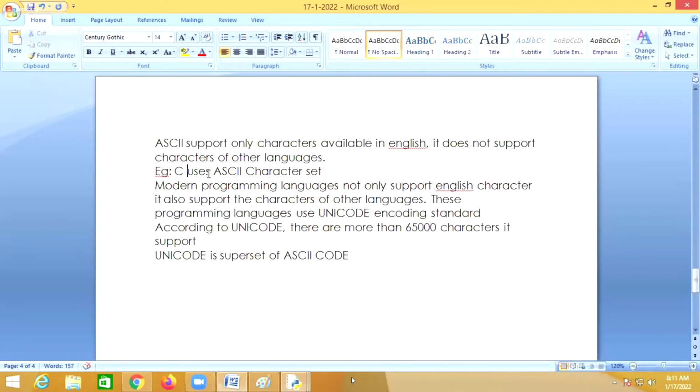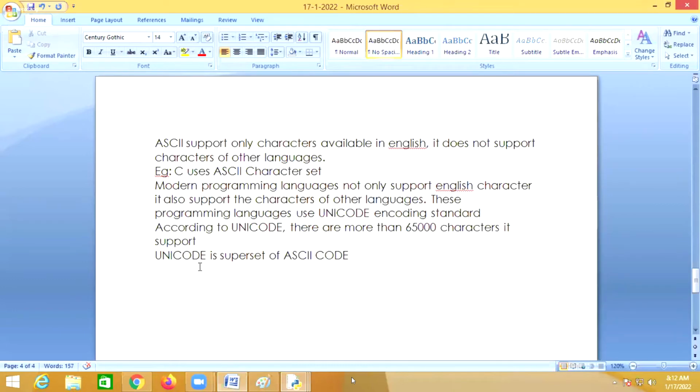For example, C uses the ASCII character set. But modern programming languages not only support English characters, they also support the characters of other languages. These programming languages use the Unicode encoding standard. According to Unicode, it supports more than 65,000 characters.